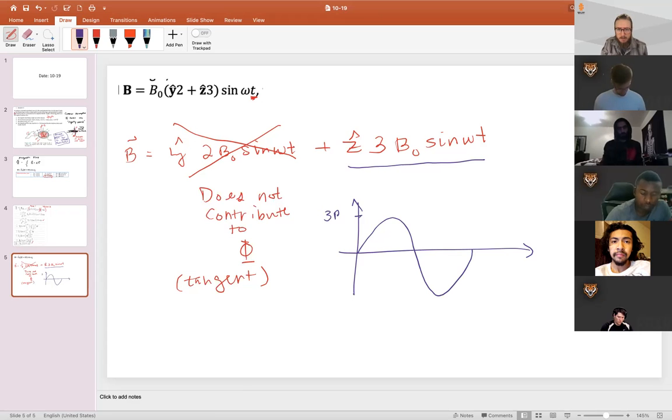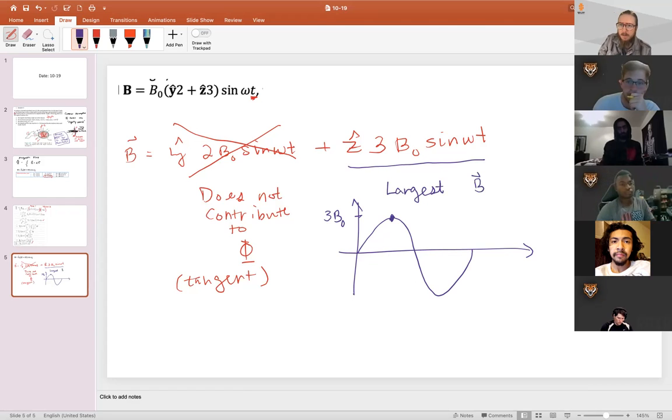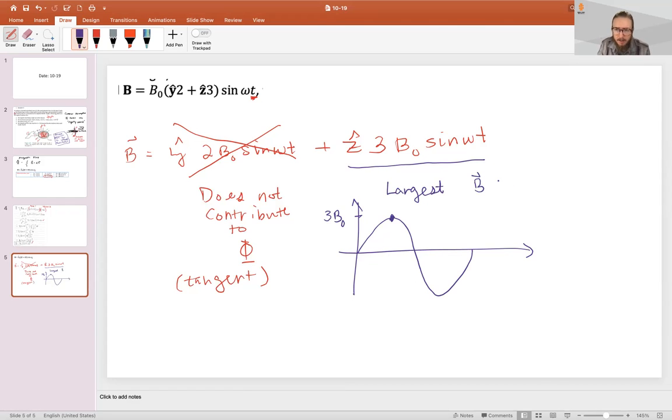So the amplitude is 3 B naught at the maximum. And this amplitude could be the largest possible. So the largest B that we could make would be in Z, 3B naught. Right, does this follow? And the smallest,